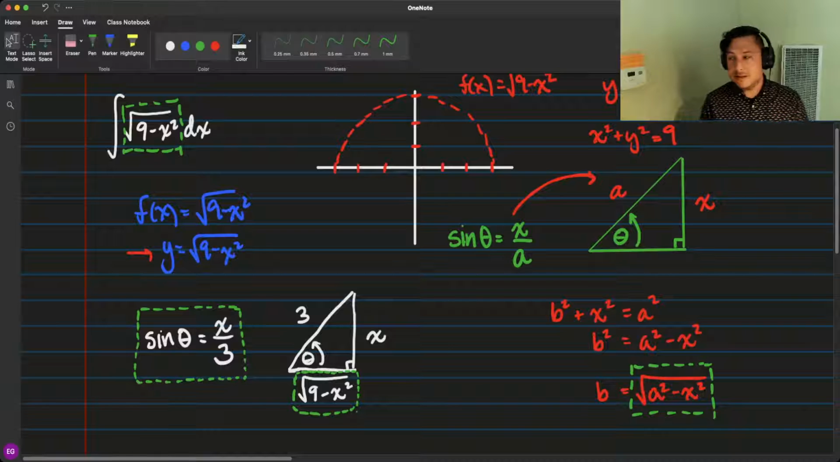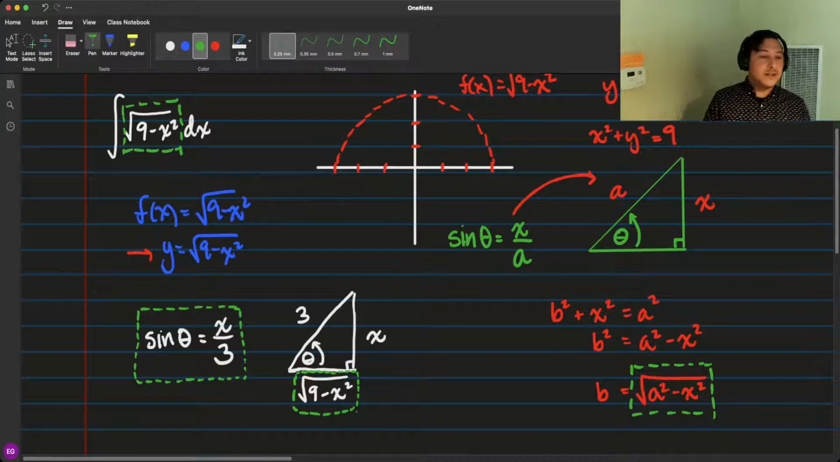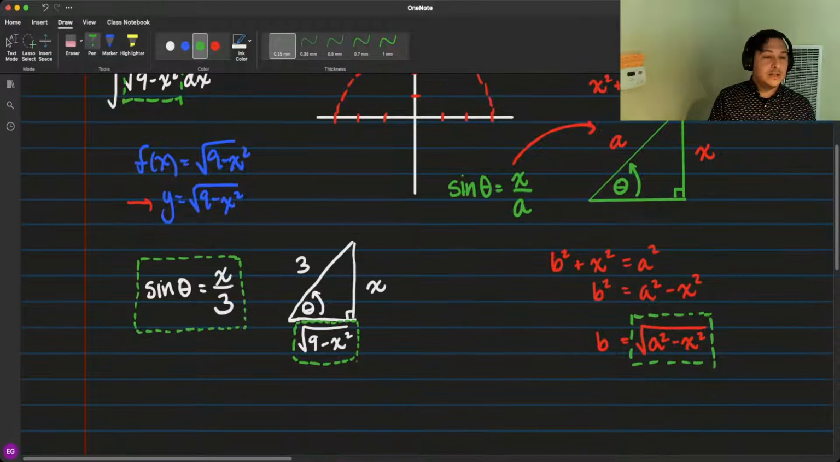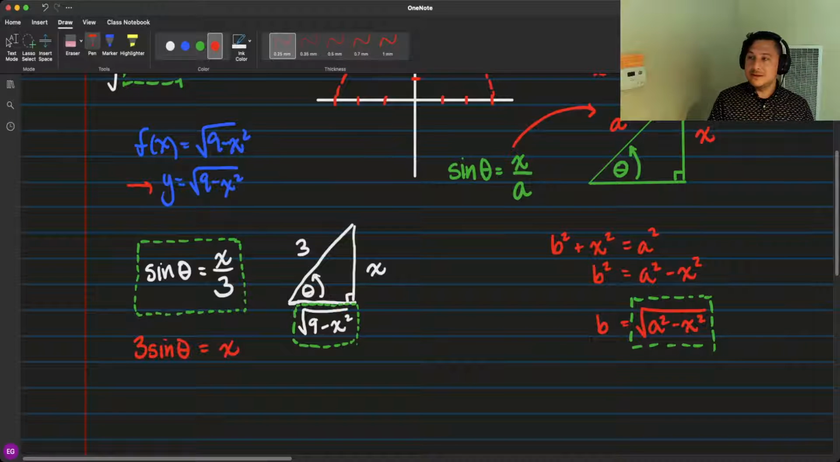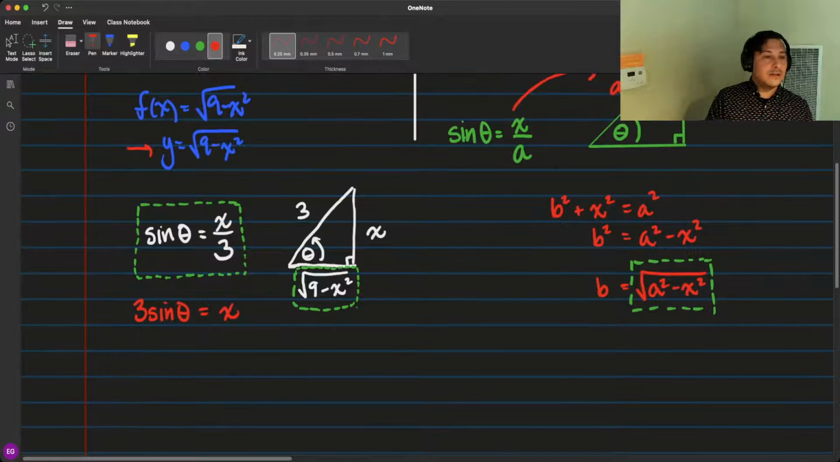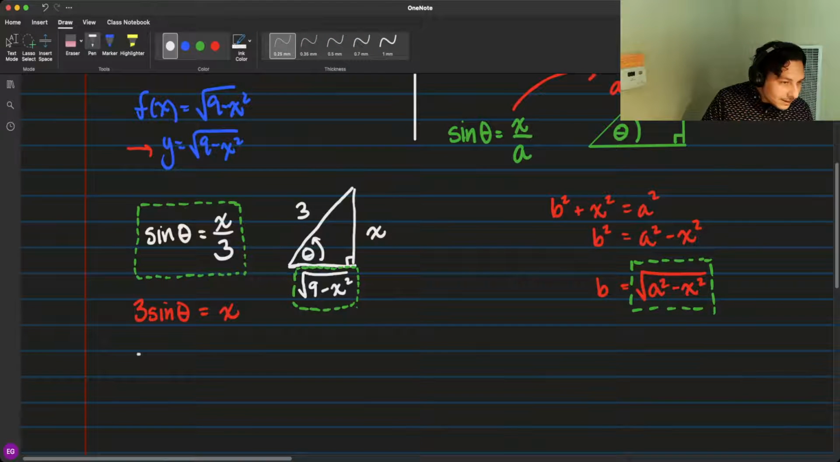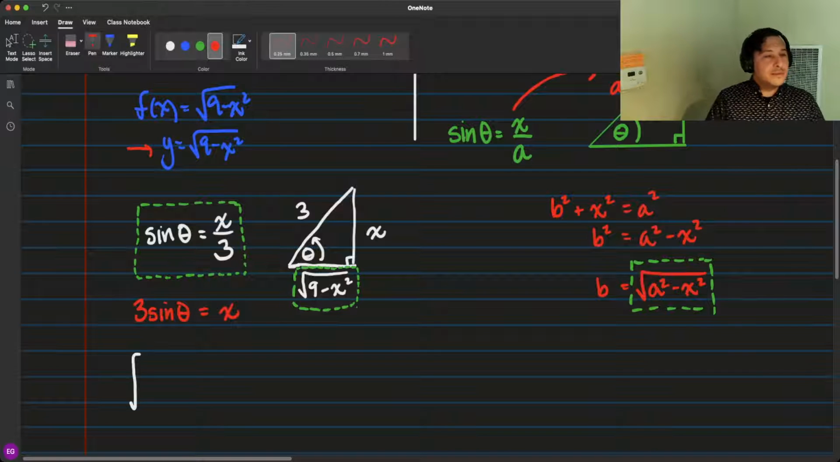Okay, now this allows you to make a substitution, because you have an equation. If I multiply both sides by 3, then 3 times the sine of theta is equal to x. And now I can take my original integral. Actually, let's back up a little. So if 3 sine theta equals x,